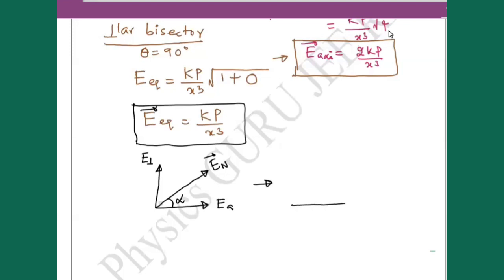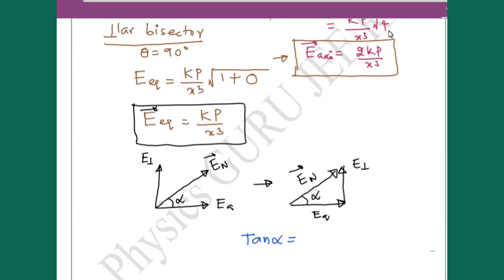This can also be written as E axial shifted parallel. This is a shifted parallel, right? So when I shift parallel, this is E perpendicular. Then this will become E net, right? So this angle is alpha. If I want alpha, then I'll proceed with tan alpha. Now tan alpha is equal to